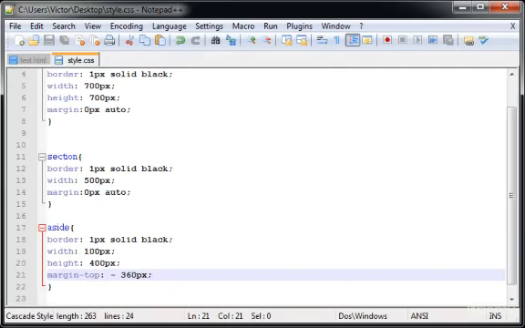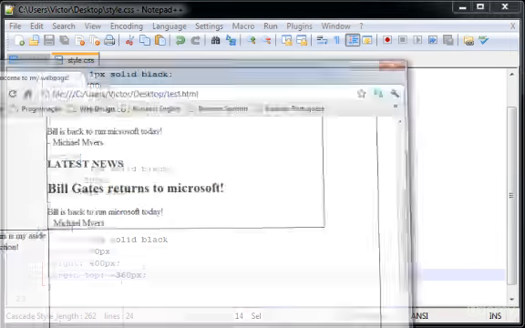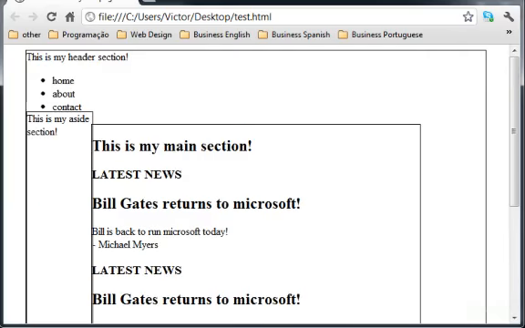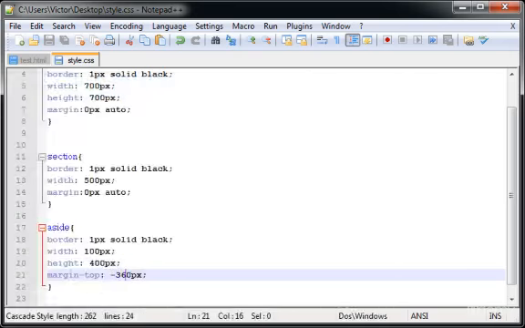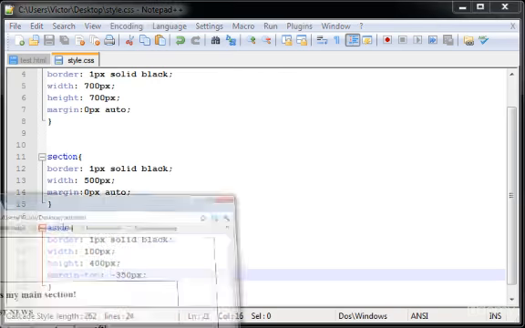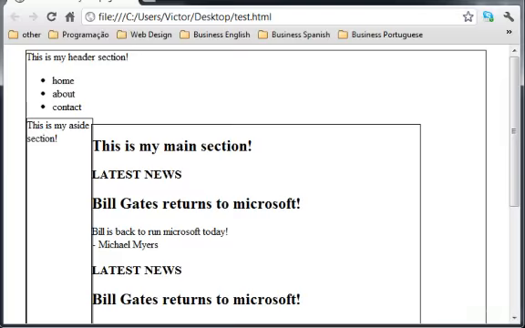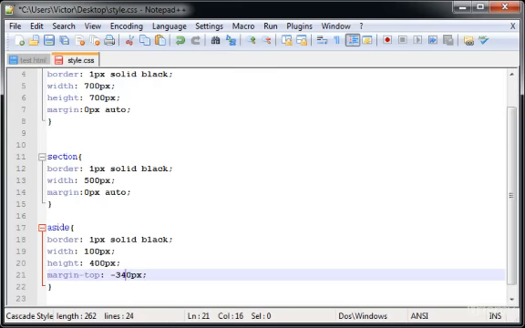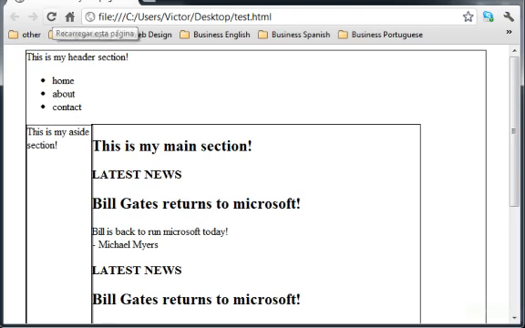Oops, sorry. Okay, let's go back. Okay, perfect. A little bit more down. So 350, 40. Okay, perfect. So now this is the aside section,